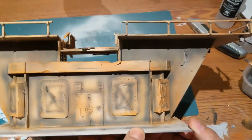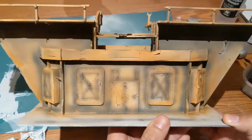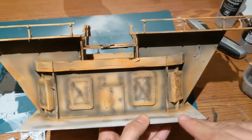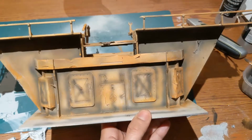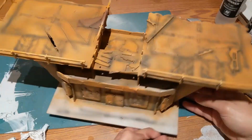You can probably see a bit more areas that I haven't painted on the phone when I'm looking at the video. It looks different here. You can see more whites on the video than you can here with the eye, but yeah. So next step